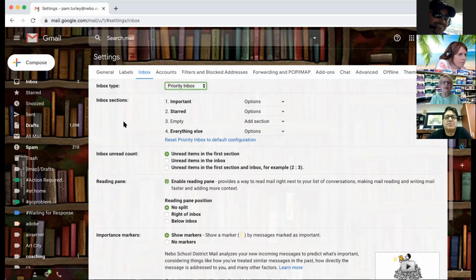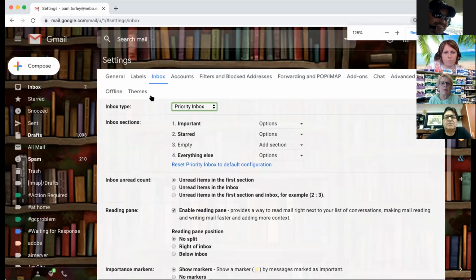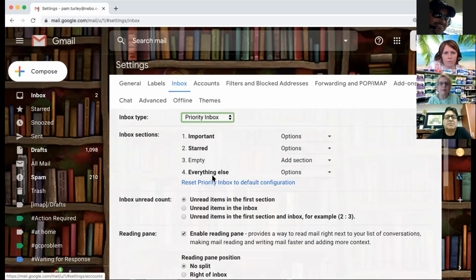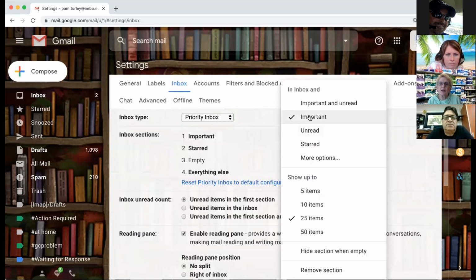But what this does for me means that if there's an email that's marked important, my first section of my email, these are my email sections, the first email that I have, make this a little bit bigger for you, is called important. And I can say, in this box, I want important, and I can say how many items I want to show. I can hide this section if it's empty. It could be important and unread or just important. I'll show you what that looks like. I have mine marked to just important because even if it's unread, I still want it to be in an